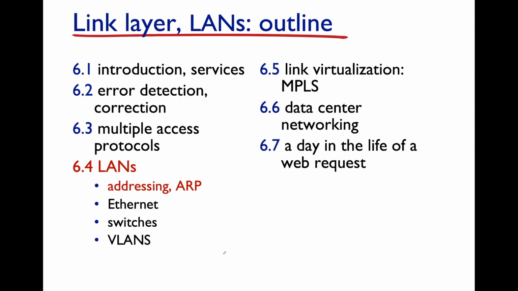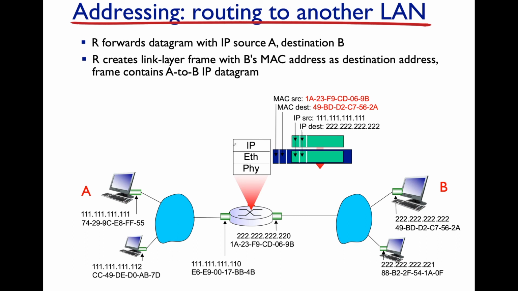All right. So let's take a look at the addressing for network interface cards in the link layer. And we said that the link layer is purposed with sending frames between nodes that share the same communication medium. So let's say that we have our setup here. We have two hosts, A on the left, and B on the right. Now, one of the things you'll notice is that there's an IP address. We have our dotted quads. For example, host A has